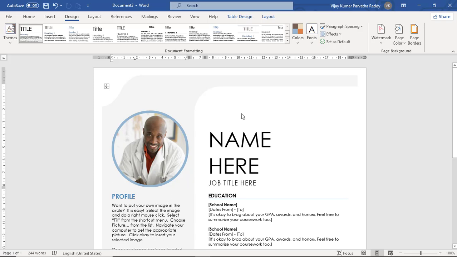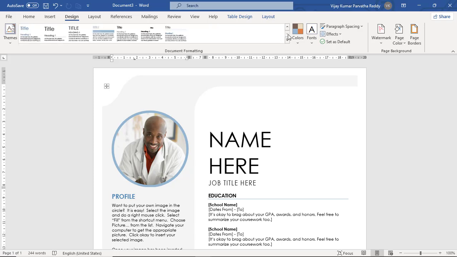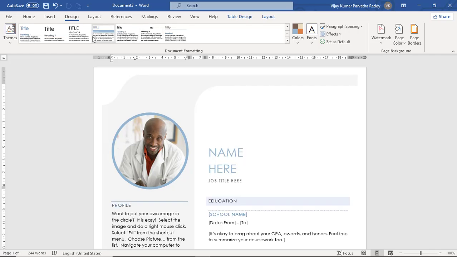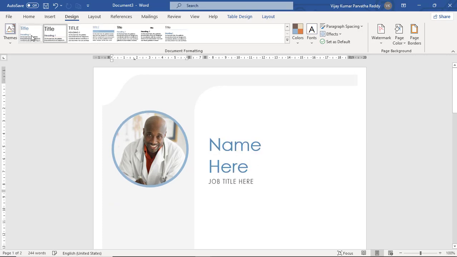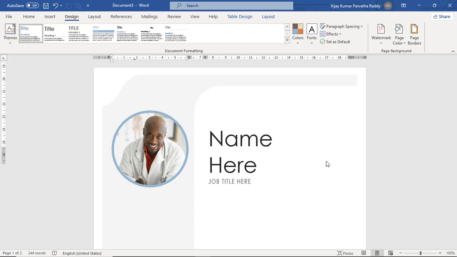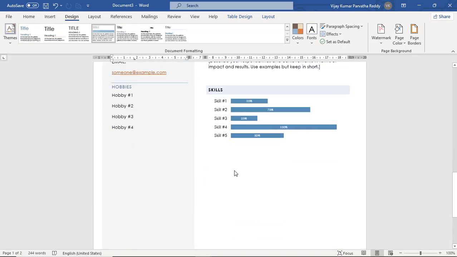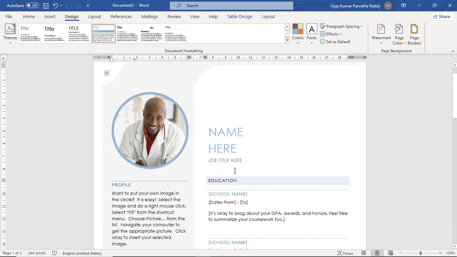And if you want to apply more styles, see, we have more styles here. Okay, and come down. Like this.